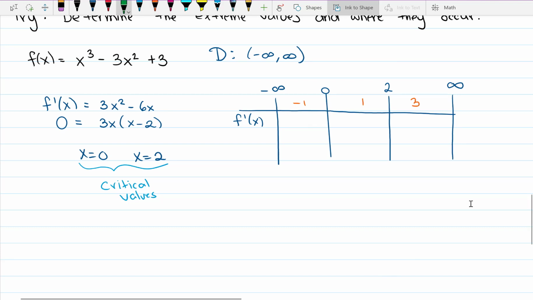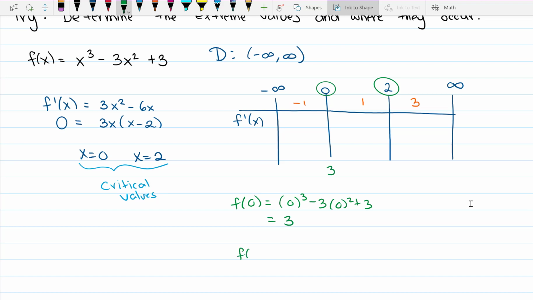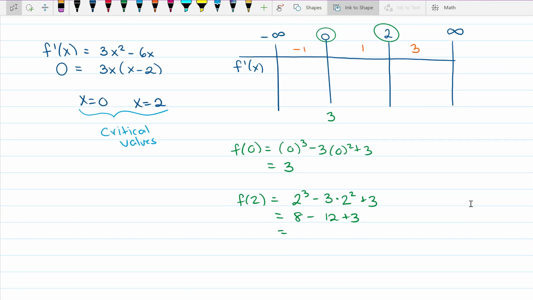And I'm going to evaluate the function at the ones that are circled in green, because I need to know what the value of those are. So I get f of 0 is equal to 0 cubed minus 3 times 0 squared plus 3, and you get 3. So this value is 3. I get f of 2 is equal to 2 cubed minus 3 times 2 squared plus 3, which is 8 minus 12 plus 3, which is, make sure I did that right,